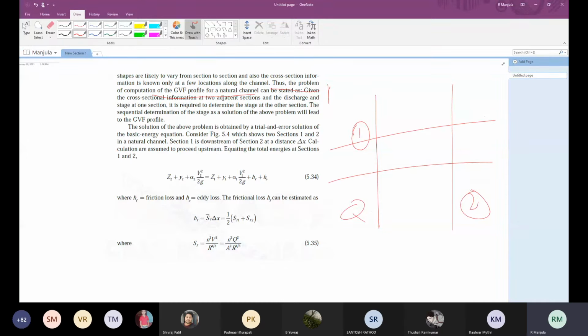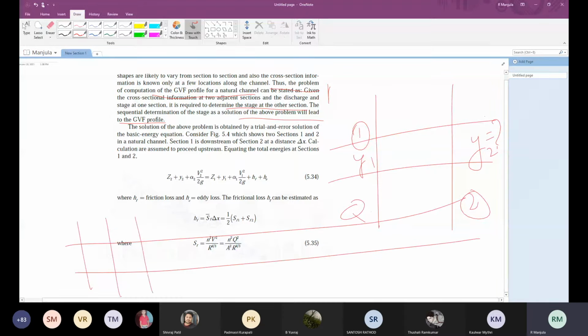Here Q is known and the sectional information is known. Then you need to determine the stage at the other section. Y1 is known, Y2 you need to find out, and that will lead you to the GVF profile. Suppose I have n number of sections, your discharge remains the same, assuming that there is no